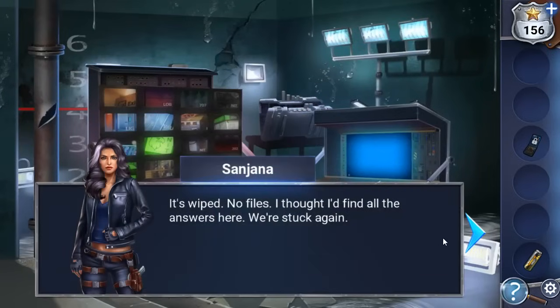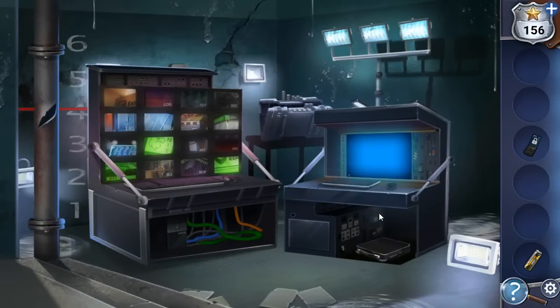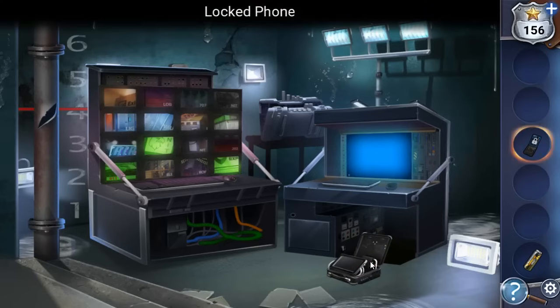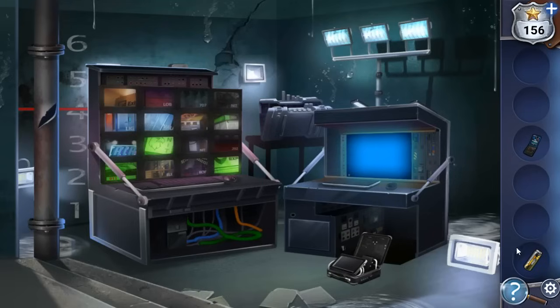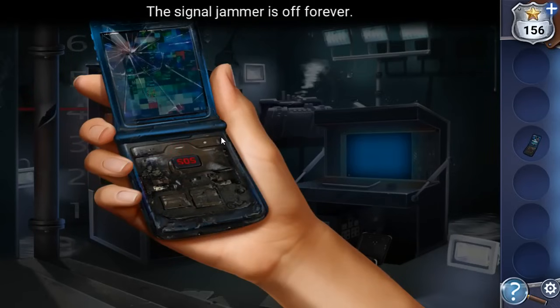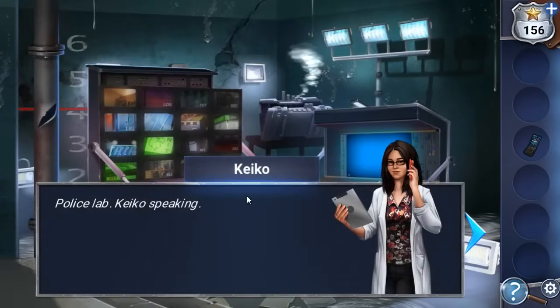So we have unlocked it. Now we need to get files from there. So here's the case, and in this case we need to connect the phone here, but there is no signal. So we need to disarm this case, and the easiest way to do it is to pour the water on it. Now the phone is working, so we can use it to call the police and